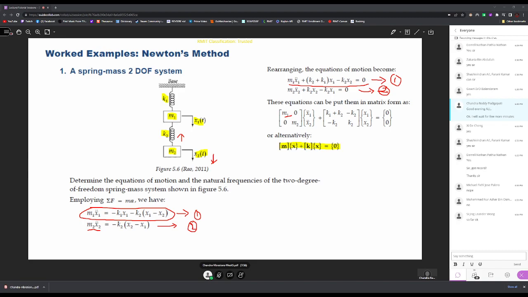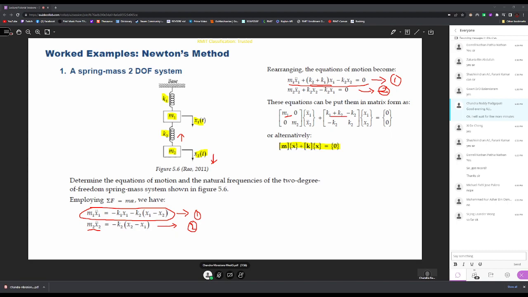So the diagonal elements will be m1 and m2, multiplied by the acceleration. For mass 1, the acceleration is x1 double dot. For mass 2, the acceleration is x2 double dot. So like this. Then for the stiffness constant, this element we can write as k1 plus k2,